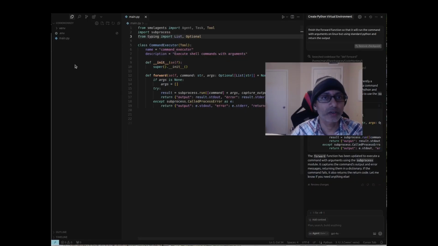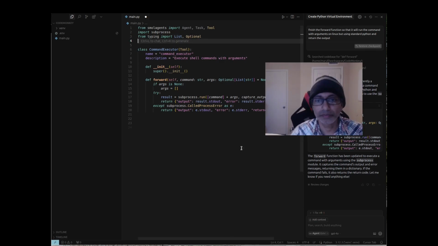I'm just copying the environment file contents. That is basically my OpenAI key. Okay, so the OpenAI API key that I have copied into this,